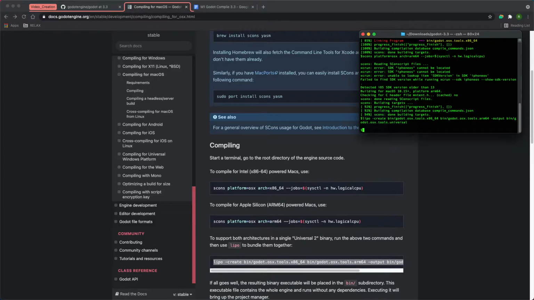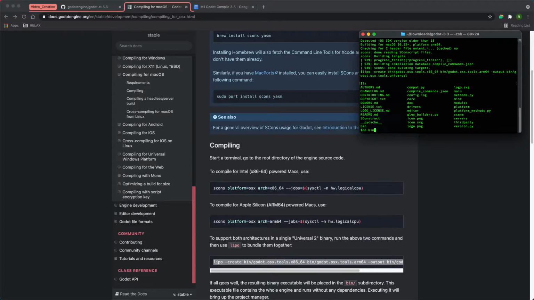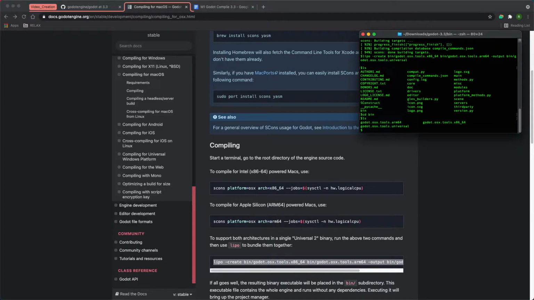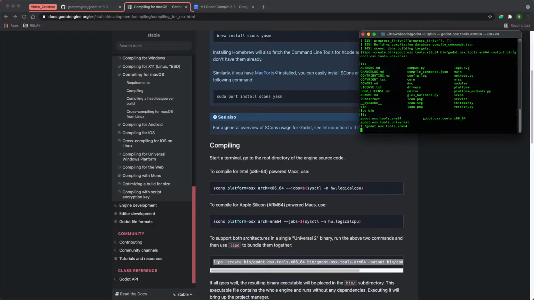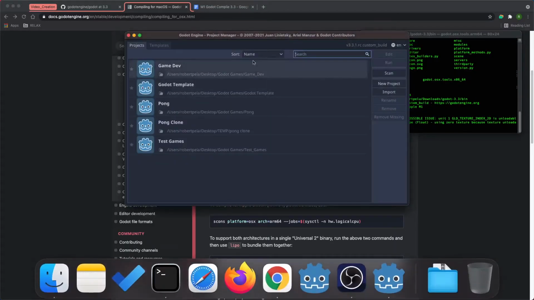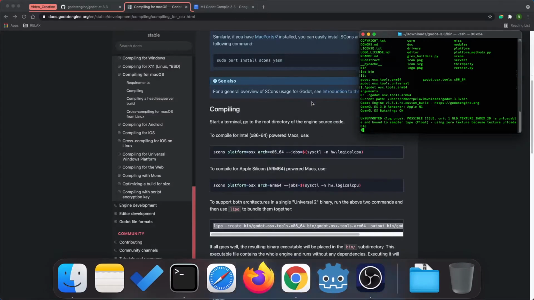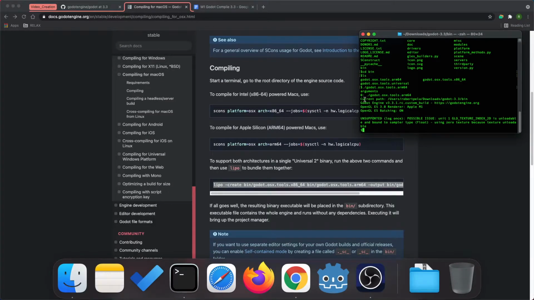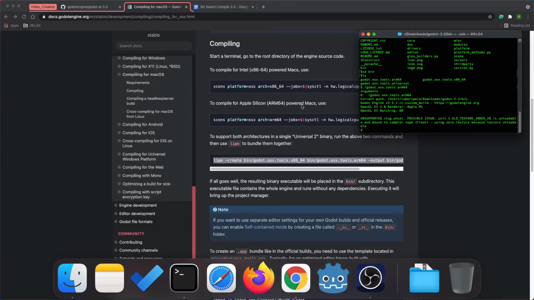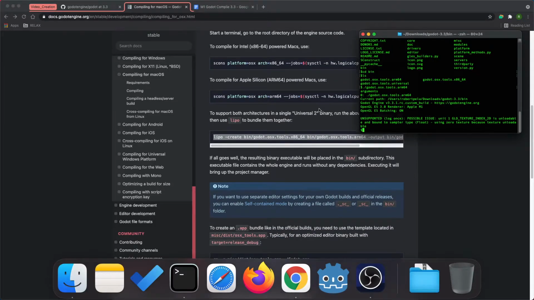Now, I'm going to show you guys first. If you go to the folder that was created, the bin folder, you can see we got the ARM, the Intel, and the Universal. If we just do this and write ARM64, as you can see, it opens up Godot. But if you try building with just the ARM, for some reason it doesn't work. I don't know if they're going to end up fixing that in a future release, but right now, if you want to build into an application, you're going to have to use the universal. So now that we have that out of the way,